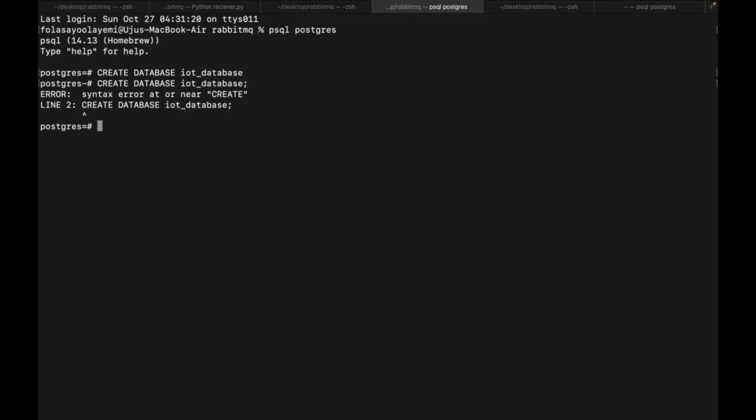So there's a syntax error. Now you create your database, just add the semicolon. So you have to create the database. You can see database created. So now